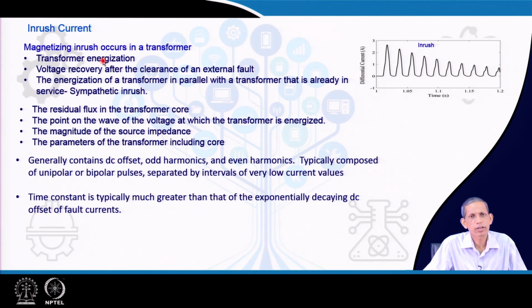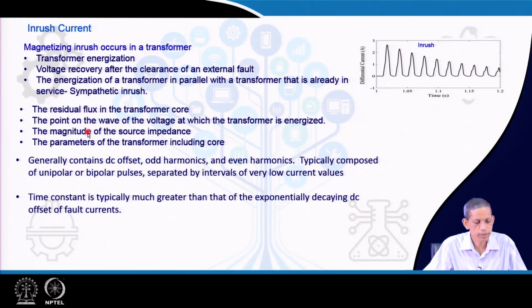This current is not only due to transformer energization, it also occurs when there is voltage recovery after the clearance of an external fault. The energization of a transformer in parallel with a transformer, what we know as sympathetic inrush, is also observed when two transformers are in parallel, and the corresponding inrush current depends upon numerous factors. Some of them are the residual flux in the core, the point on the wave,